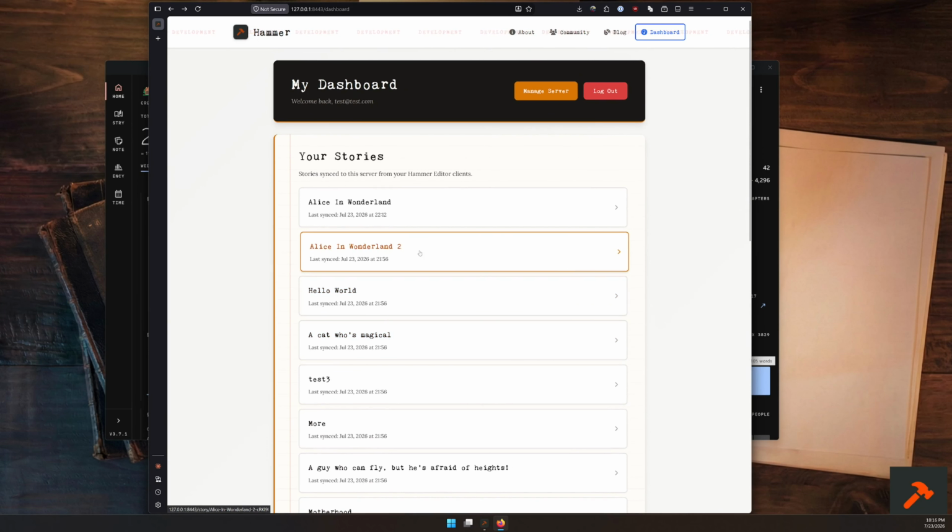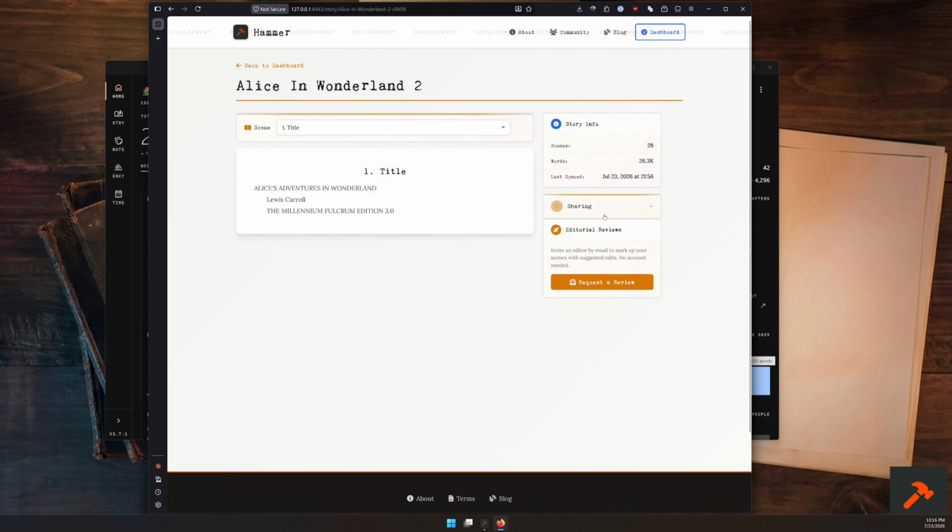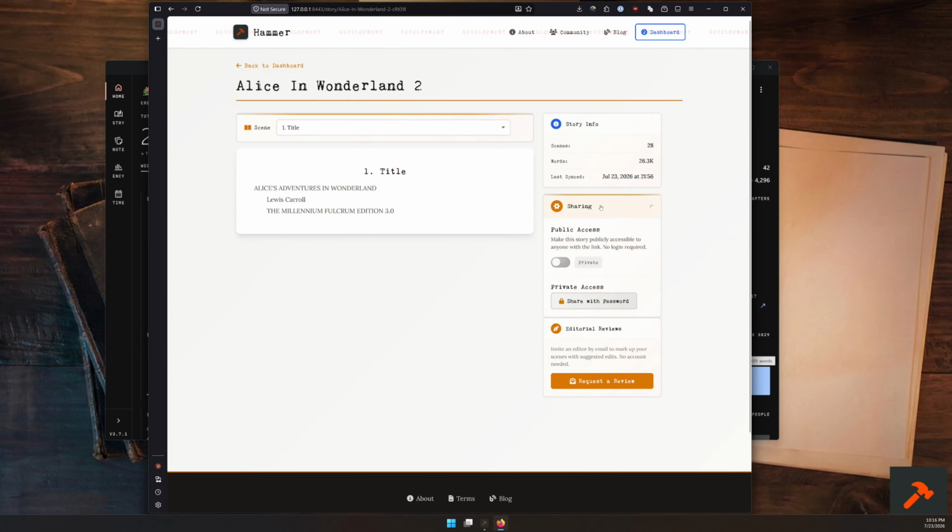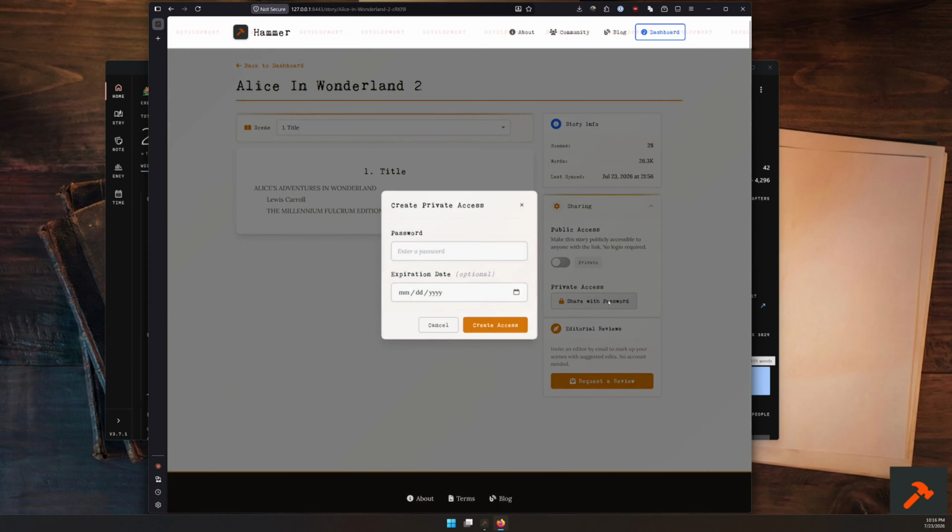Now we go to the story we want to share, which is Alice in Wonderland 2, the sequel, and expand this sharing section. The simplest thing you can do is share privately. So you click share with password,